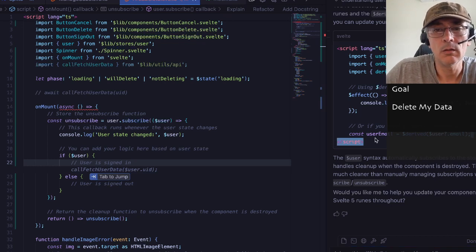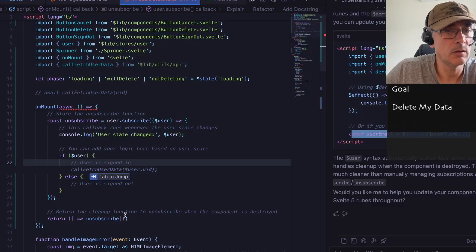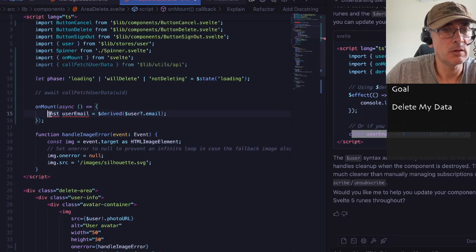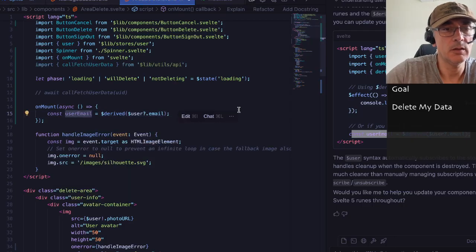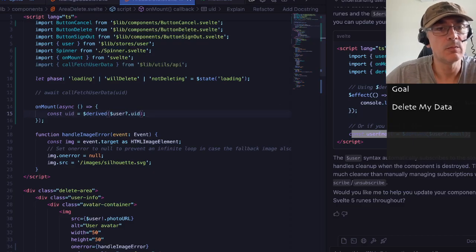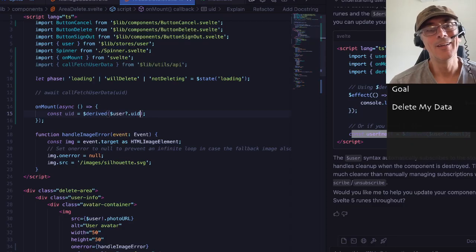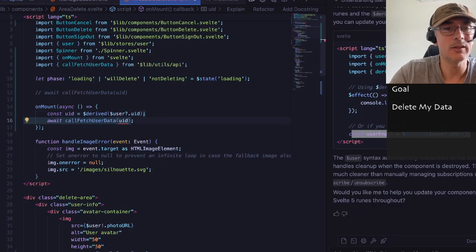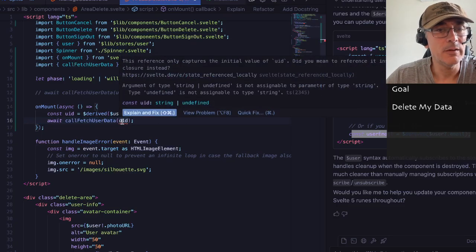Oh, that's really good. All the code goes away. Everything. I'll just say user ID is user.uid. That looks very good. Now we can do that. The problem is,